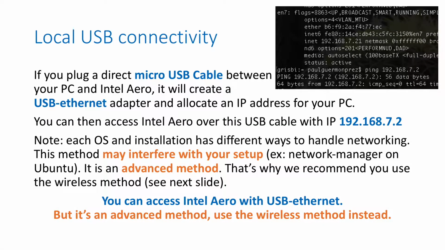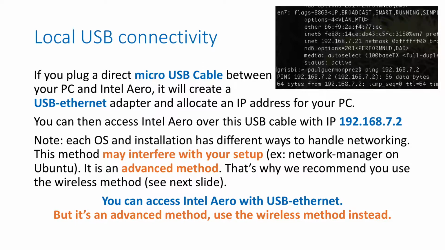There is also an optional local USB connectivity. So if you plug a direct micro USB cable between your PC and Intel Aero without an OTG cable, it will create a USB Ethernet adapter on your laptop and allocate an IP address for your PC. So Aero will act as a DHCP server in a way. So you can access Intel Aero over this USB cable with IP